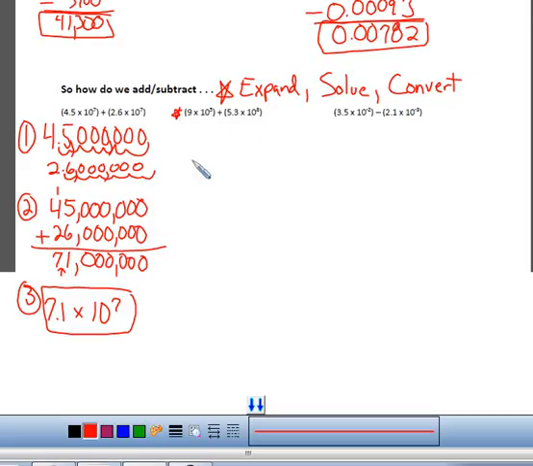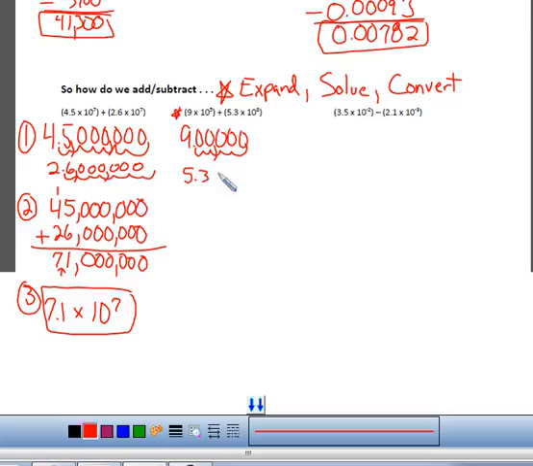This is another addition problem. I'll help you with the expanding. So we have 9 times 10 to the 5th. So that's 9 with a decimal right here. And I move this over 5 spaces. So in other words, add 5 zeros. So that's 900,000. And then 5.3, oops,